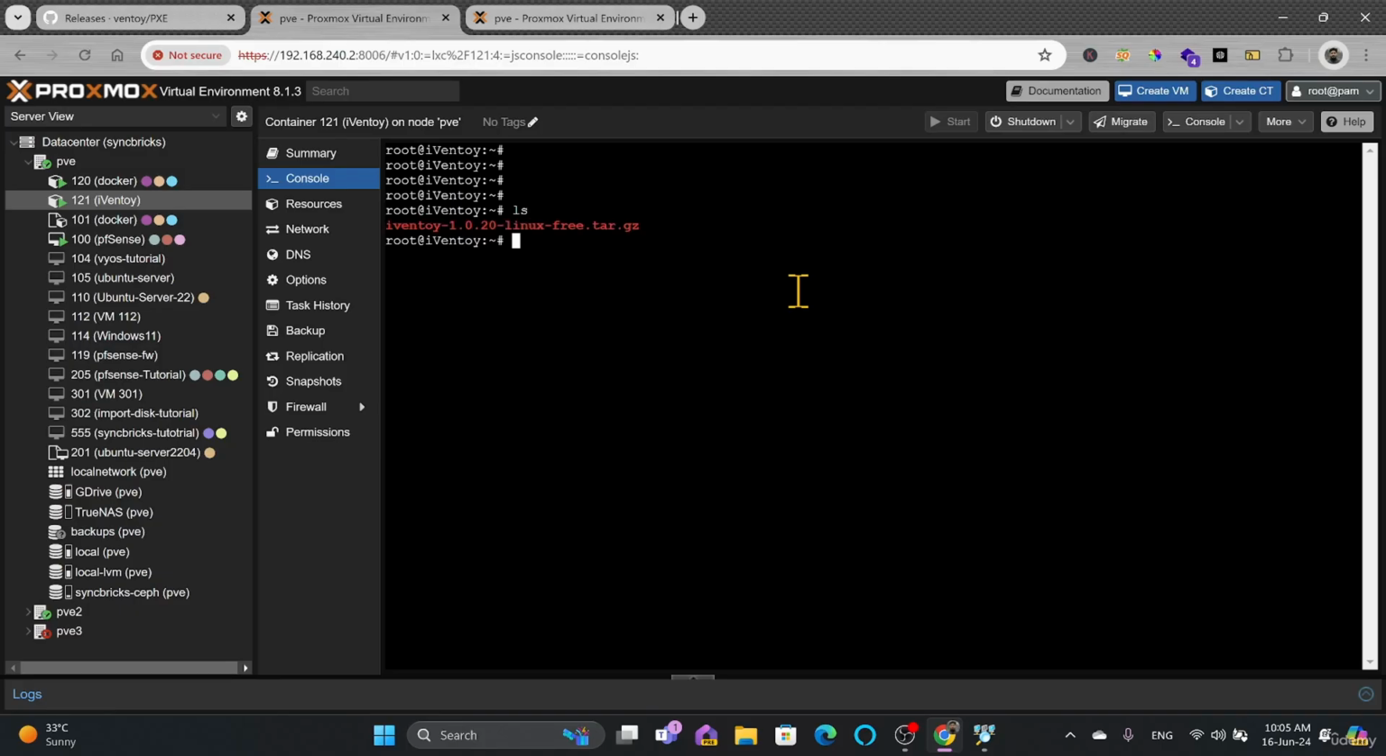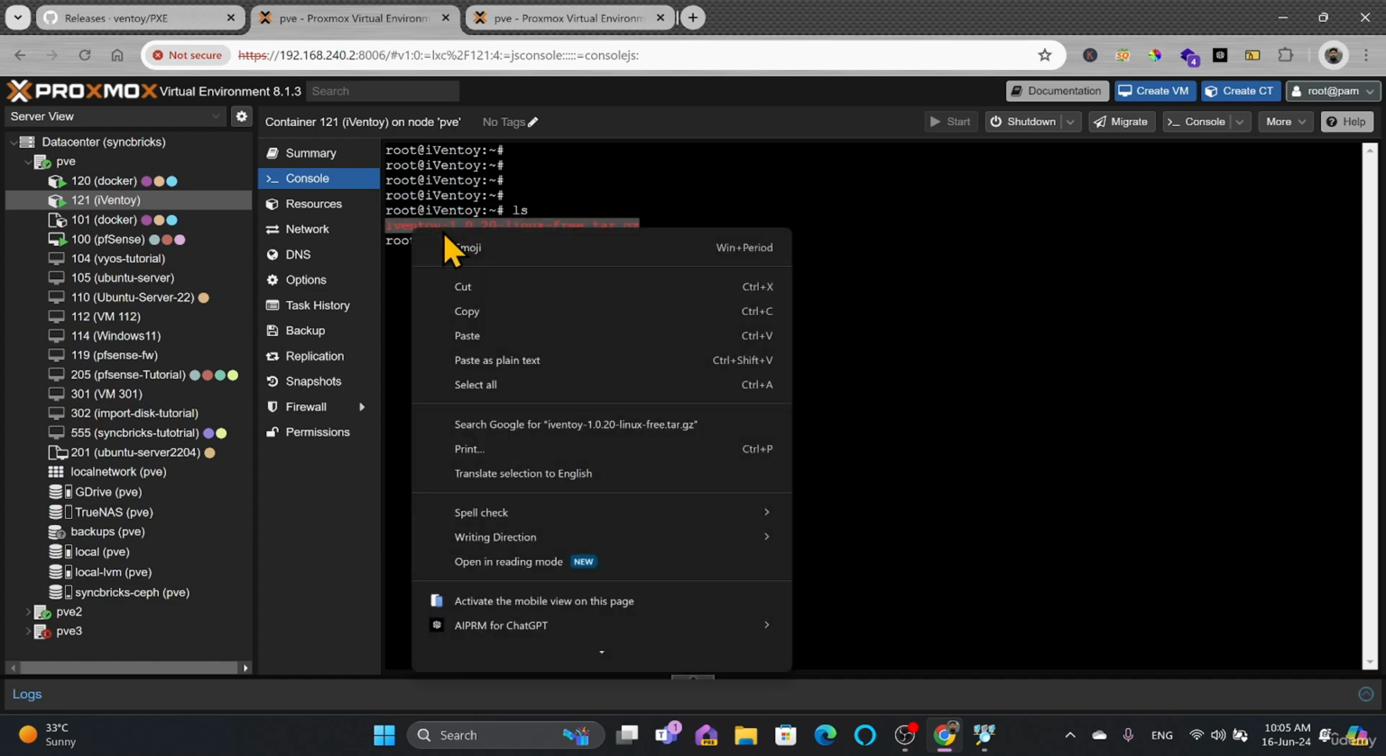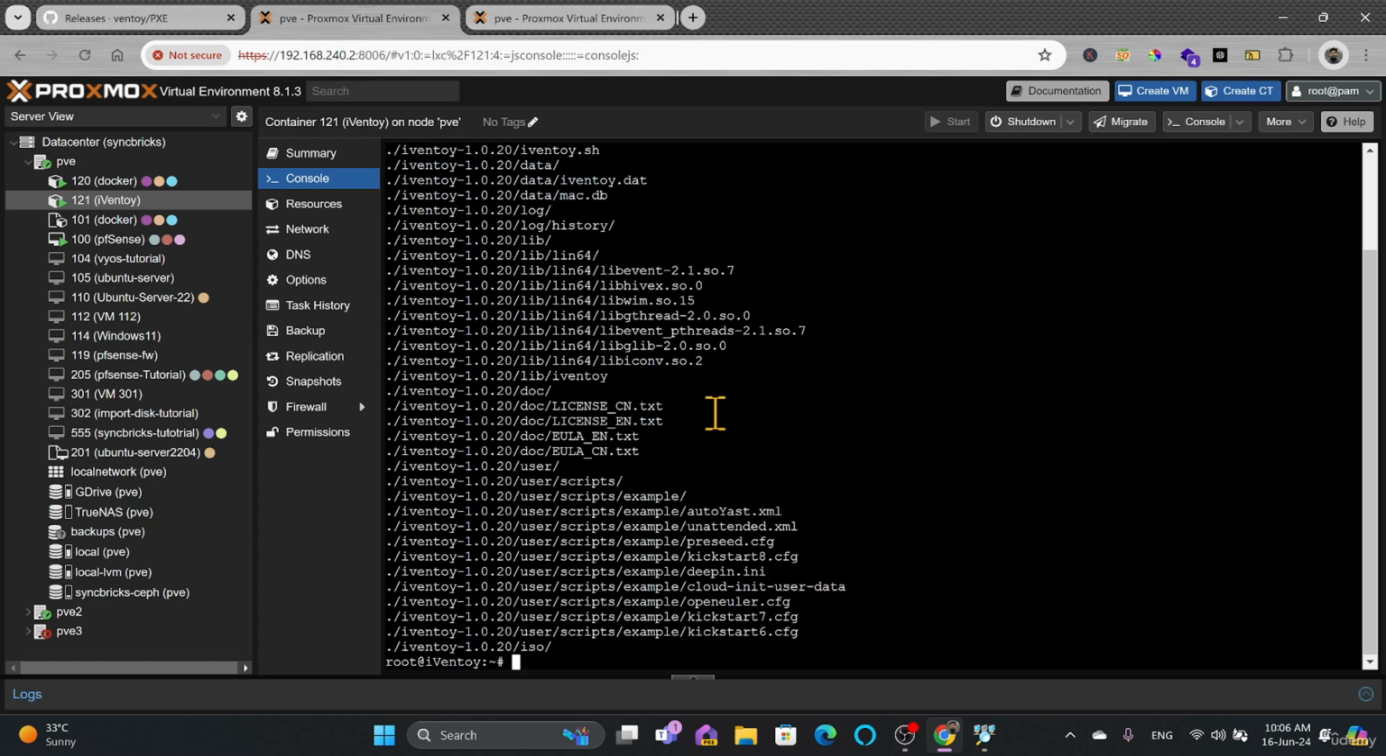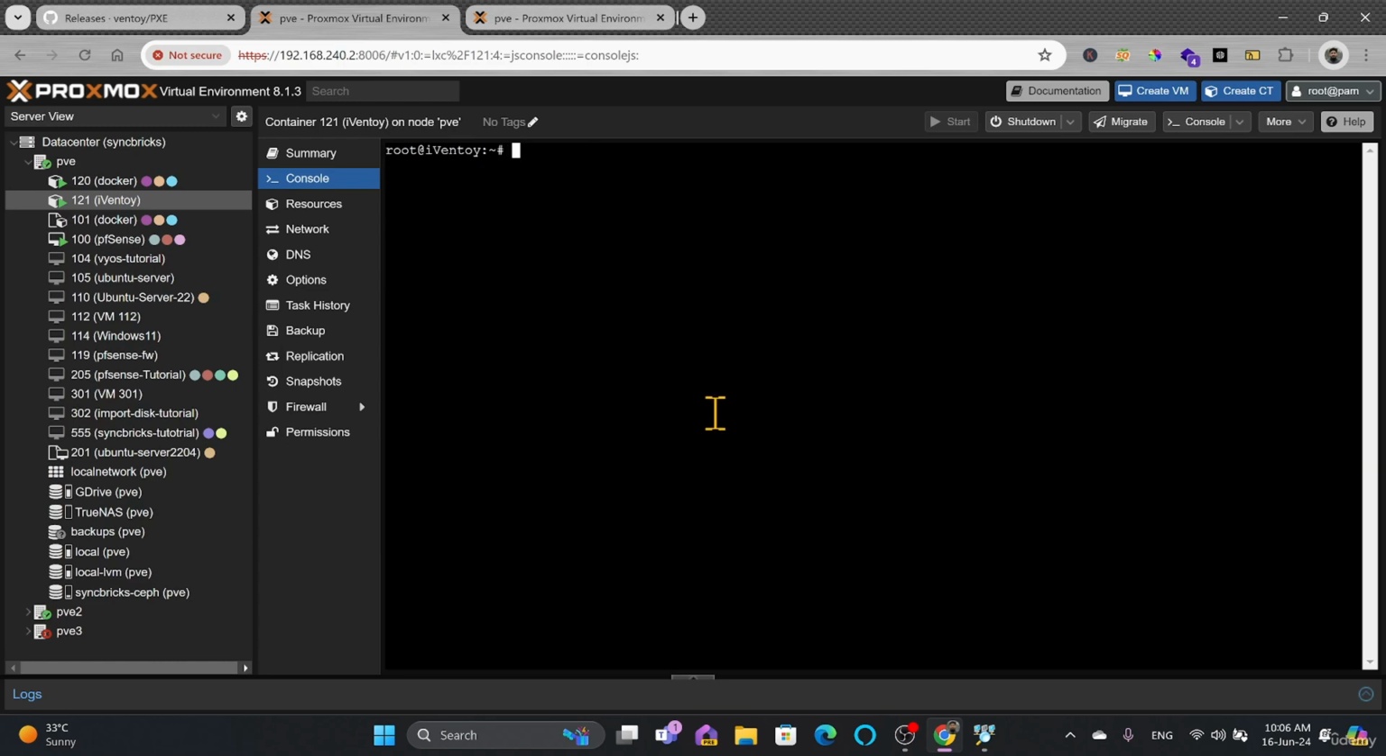If we see the list of files, this is the file which has to be extracted. This is a zip file, and to extract it we'll use the command tar zxvf, and here I'll be typing the file name and enter. So now the file has been extracted and there is a folder which is created. Now if I ls this, you can see here that the Ventoy folder is created, which has been extracted from this particular file. So I'll be going here, cd Ventoy,